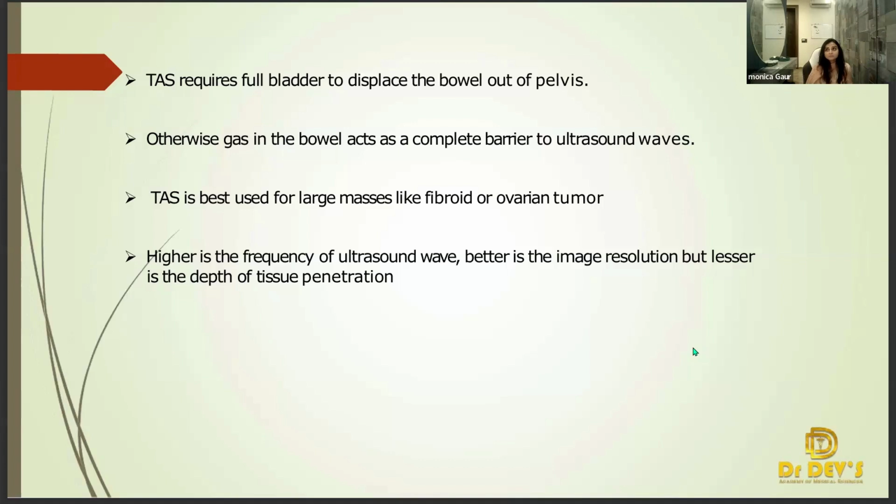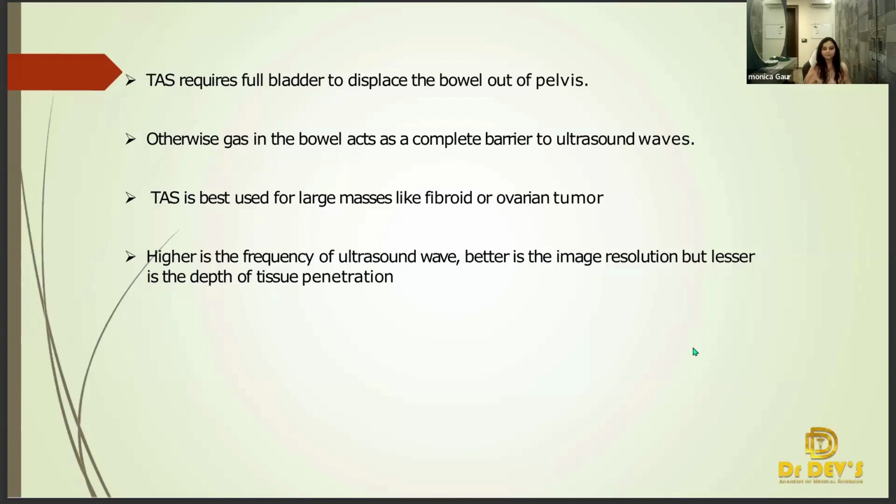Again, where do we see the cons of TVS in comparison with TAS? That happens when we have a big fibroid in the uterus, which we are not able to fully visualize in TVS. In TVS, when we put the probe inside, we will be able to see that yes, there is a mass. Now, if you want to give the volume of the mass or take the exact measurement of the mass, we again will have to go to the transabdominal scan.